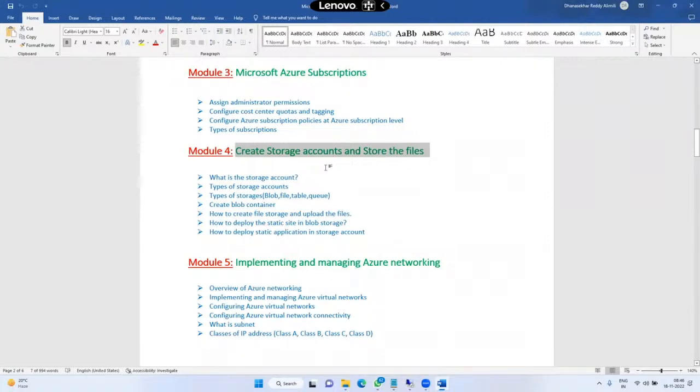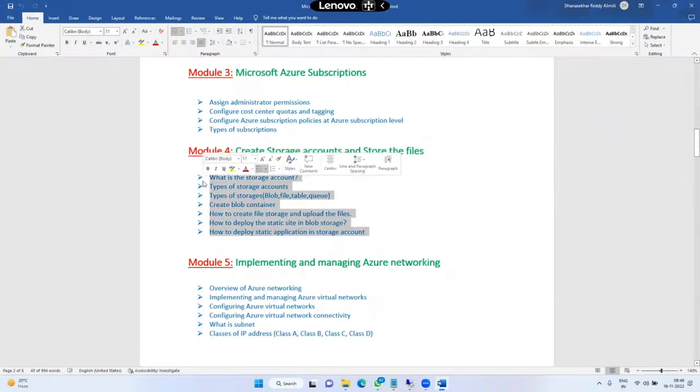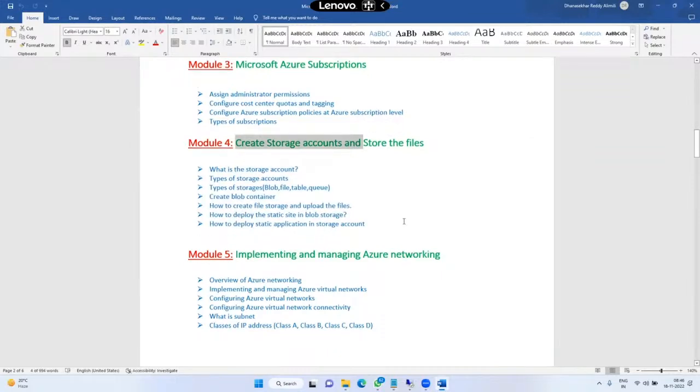Here we see how we can store organization data, and how we can categorize the data into frequently accessed data or infrequently accessed data. Based on that, we will maintain the storage account.